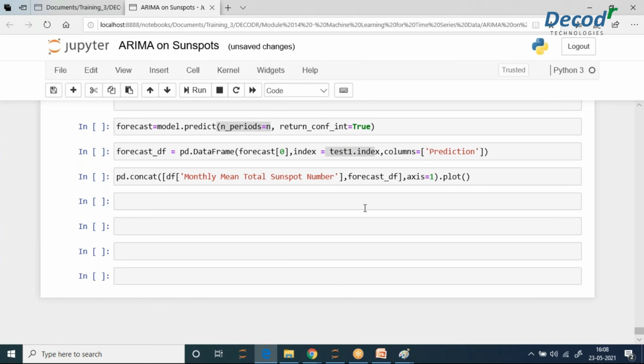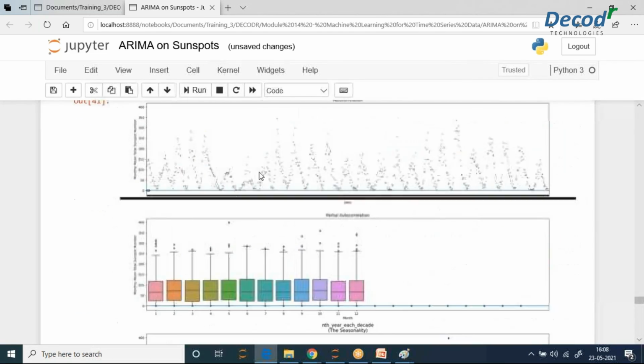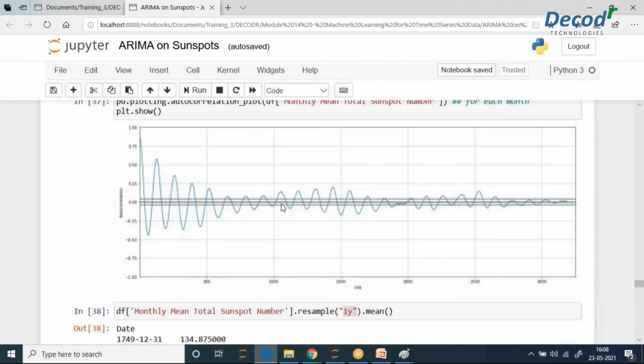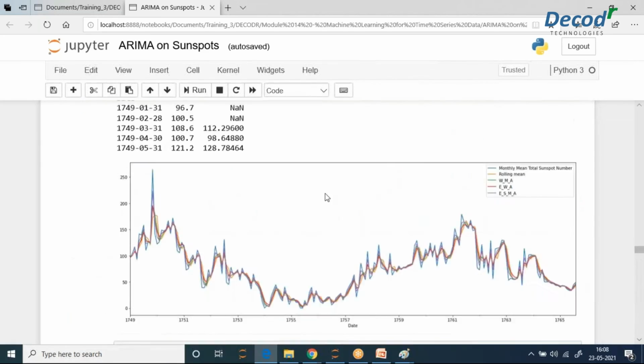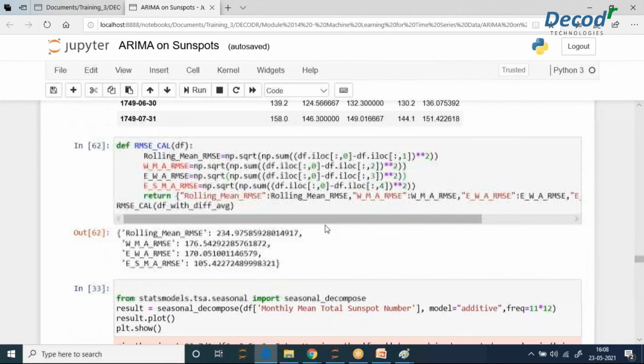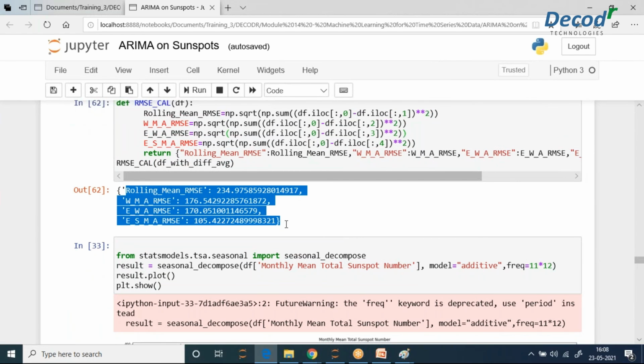So which models were we using previously? We have used these four models.